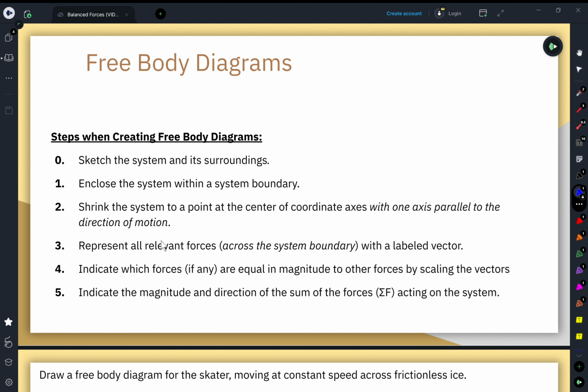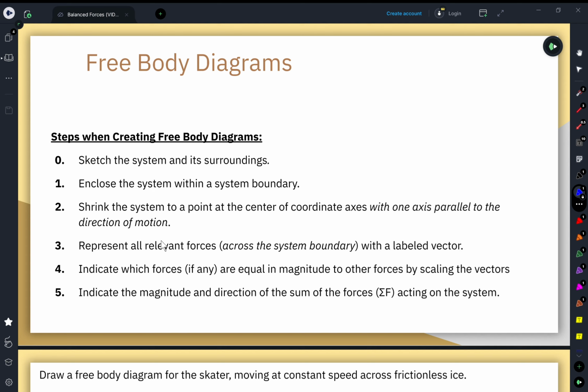The way that you can communicate this is by enclosing the system with a system boundary. To do that, draw a dashed line around the object or objects that constitute the system. After you've identified the system and communicated that by enclosing the system within a system boundary, step 2 is to shrink that system to a point at the center of coordinate axes with one axis parallel to the direction of